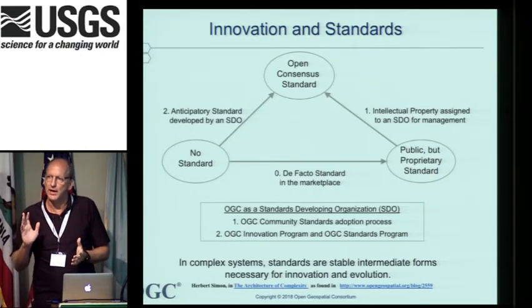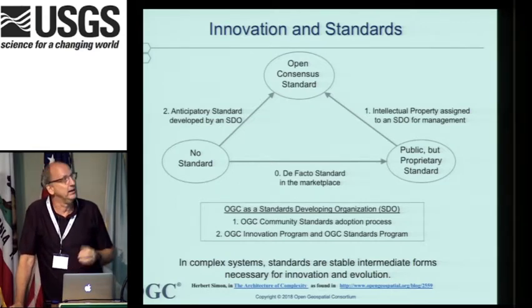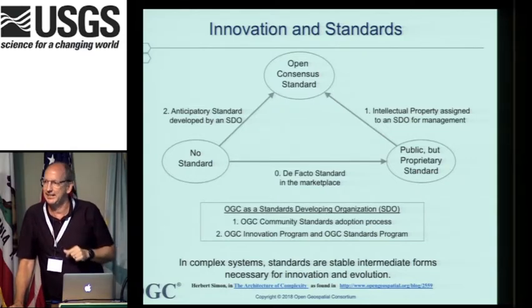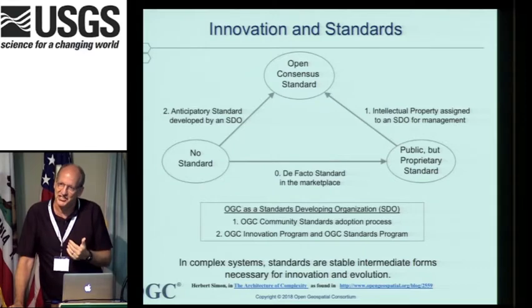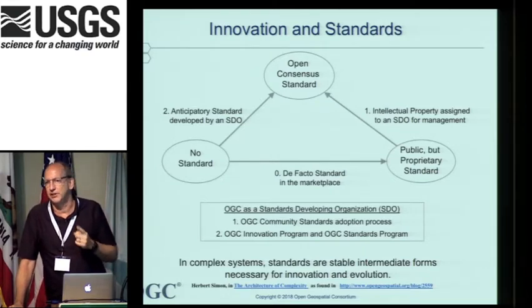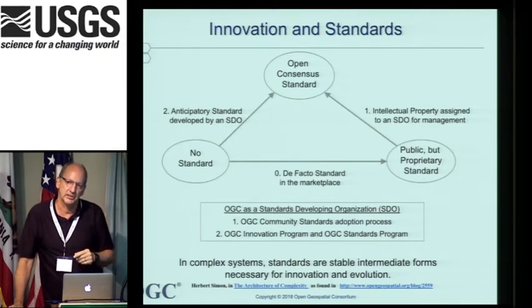They'll listen to your request, and maybe they will, maybe they won't change their spec, right? So that's over there on the right, public but proprietary. Sometimes that gets labeled as open. It's my job to tell you that in the definition of OGC, that ain't open, because open consensus standards mean not only is it public, but it has a process that allows anyone to ask for a change request, and there's an open process by which that spec gets updated.